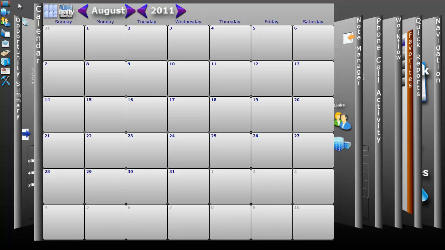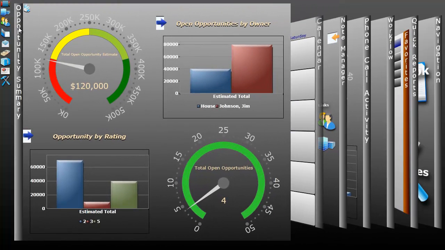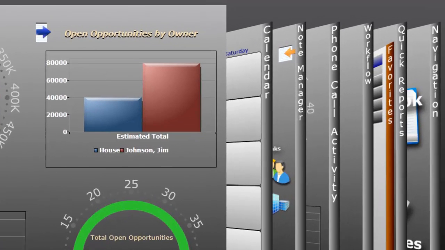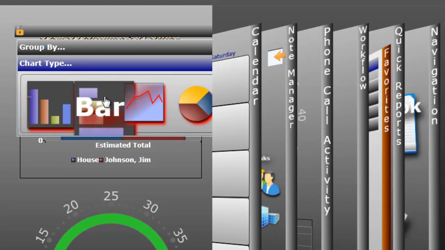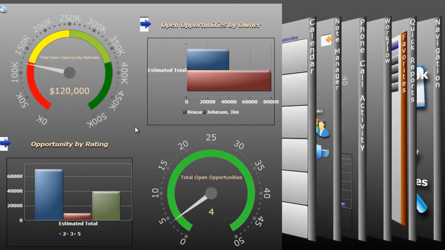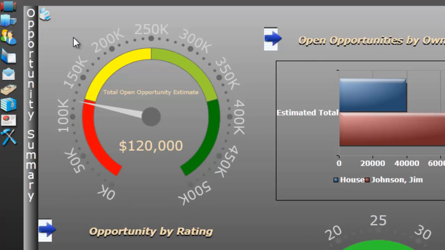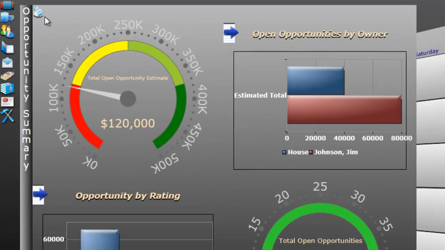The opportunity summary panel, like its companion, the phone call activity panel, is simply a composite report that's been docked to the dashboard. It functions exactly the same way as any other composite report would. For instance, you could hover, you can change chart type. Maybe we want it to be a bar instead. Likewise, you can print it by clicking the print button,